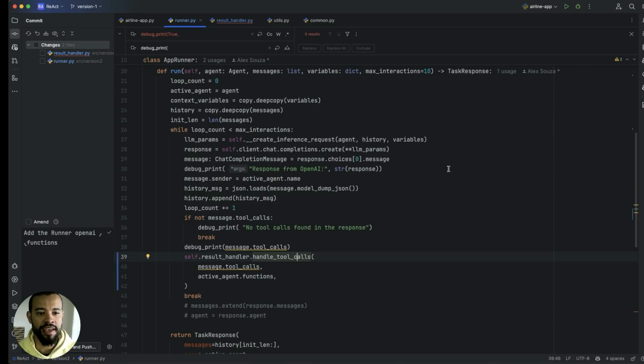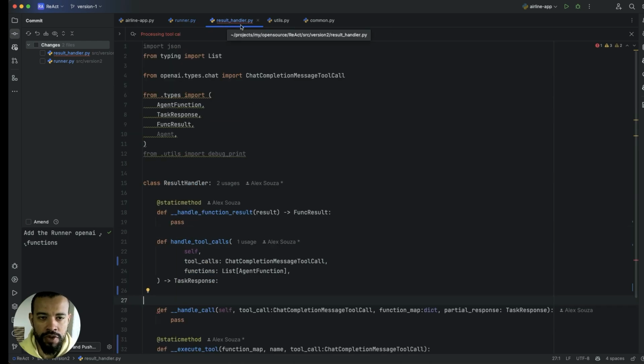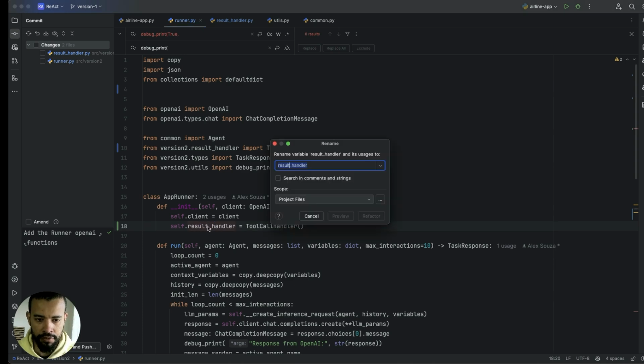Hello, as promised, we are gonna look at how to handle our function calls. And to speed things up, I have just created here a skeleton of the result handler where we are gonna handle the function call. So then I have added it here, which I'm gonna rename. Result handler is not the best. Let's say tool call handler, and gonna put it here. Tool handler,